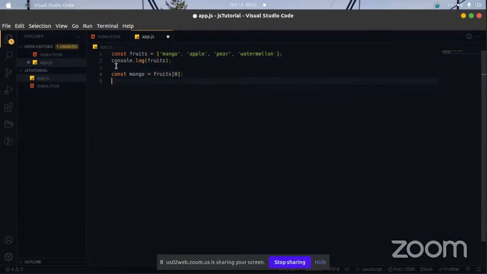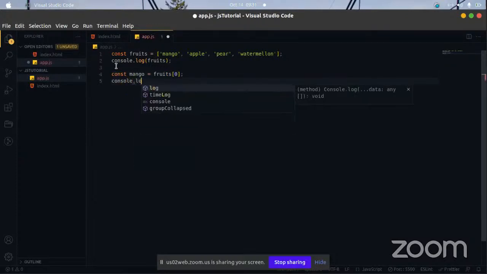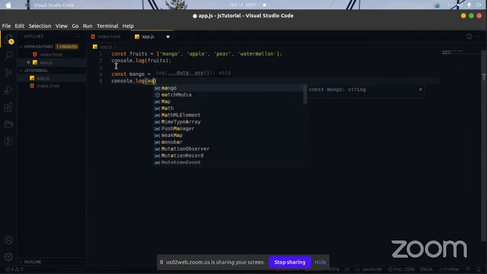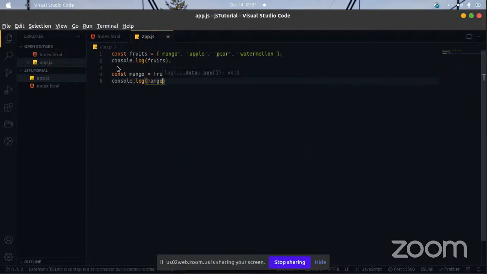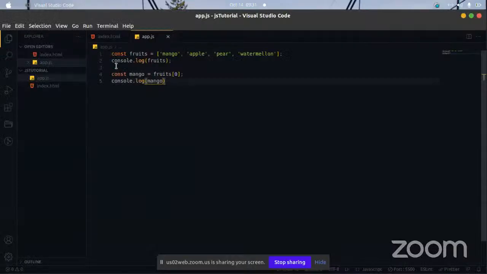And then if you console log it, we see mango. But assuming you wanted to do this for all the elements in this array, will we keep declaring the variables and then iterating through the array like that? That will kind of be tedious.